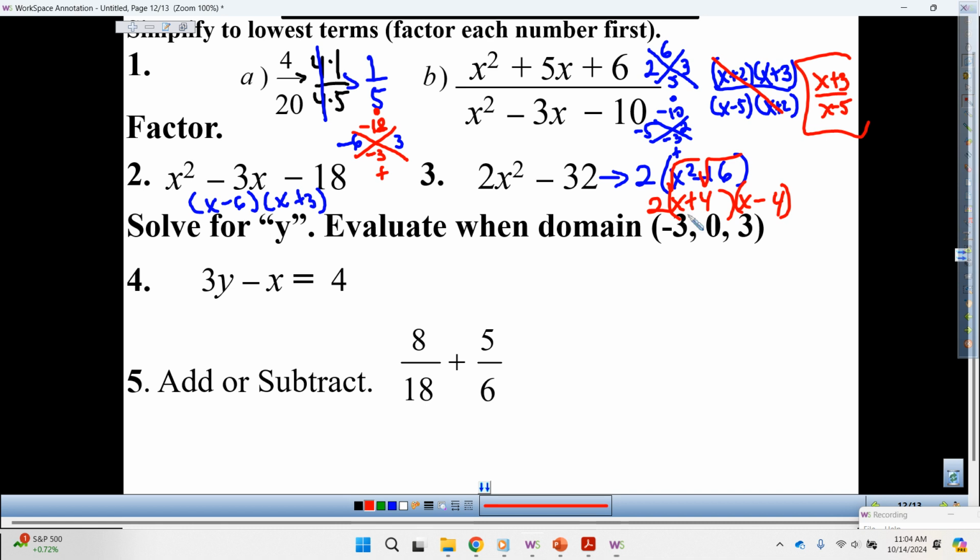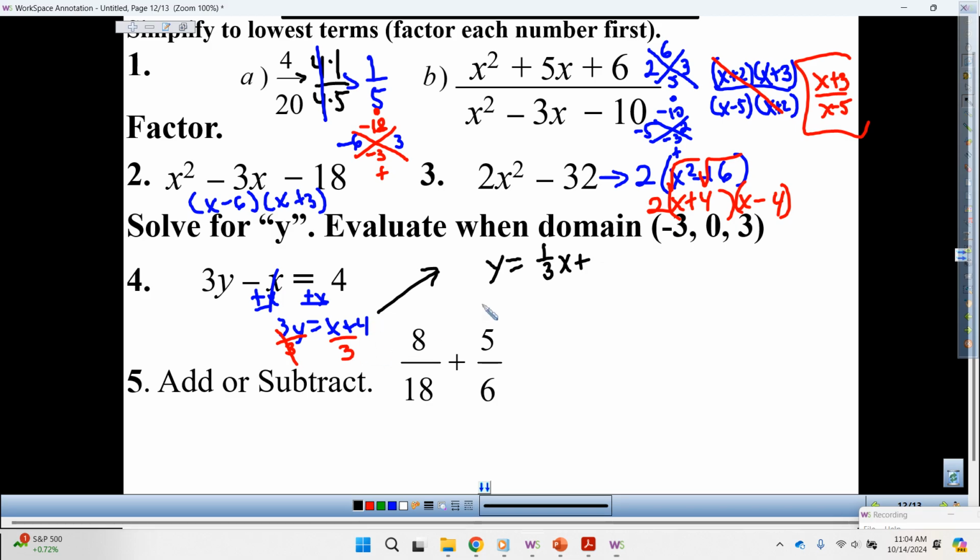Let's go. Number 4. That's pretty good, right? Let's go. Oh yeah, they don't mess with me. -3y minus 3. Oh no. We need to solve for y. My bad. I did that to see if you guys were paying attention. We add x to each side. Add x. 3y equals x plus 4. And then at the end we divide by 3, divide by 3. So my new equation is y equals 1/3 x